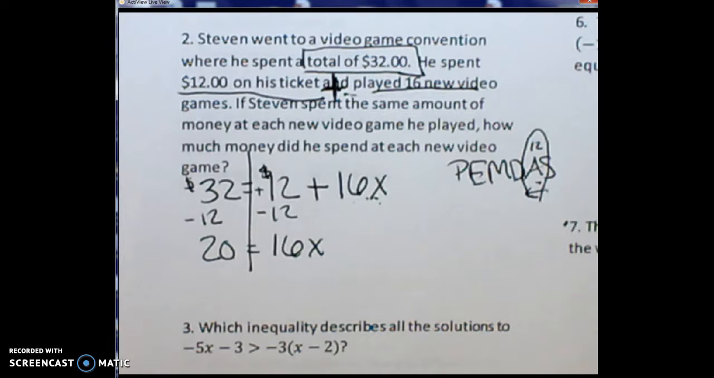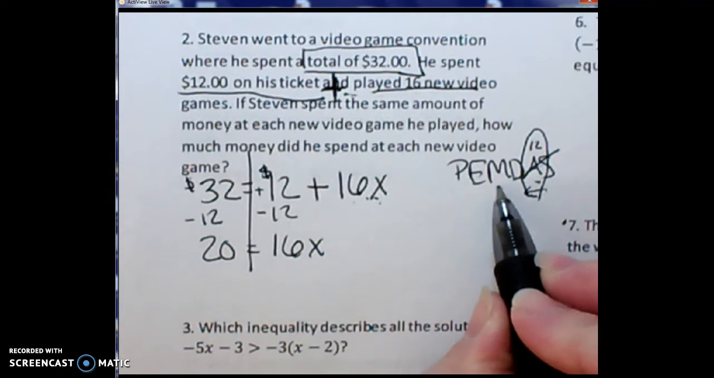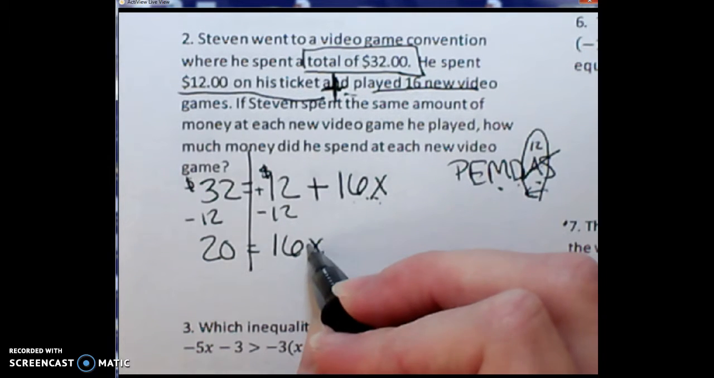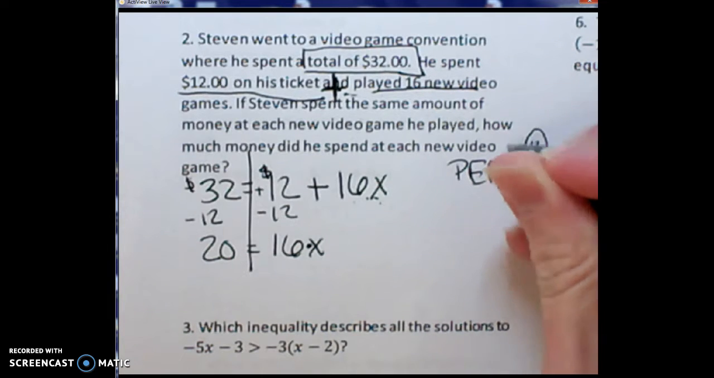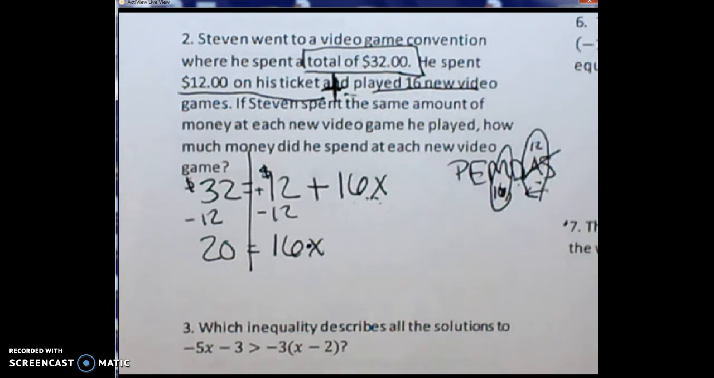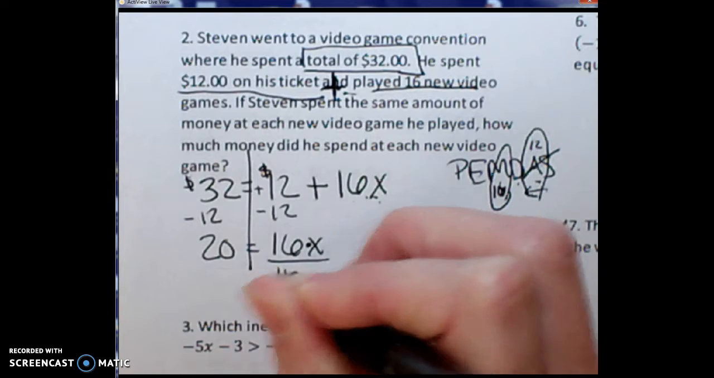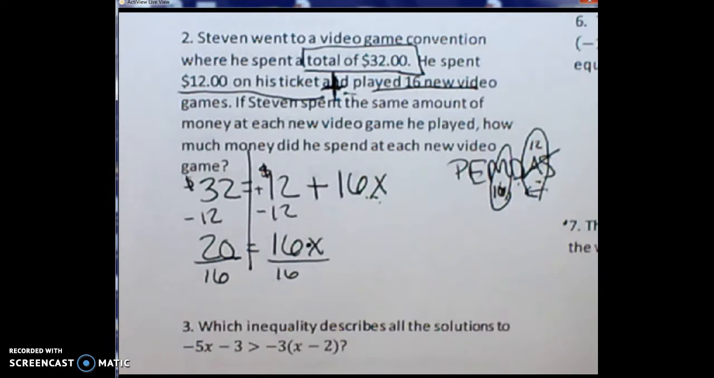16x. So then from there, next step is look for multiplication or division. So the 16 is attached to our x through multiplying. So if they're multiplying 16, we would have to divide it to move it. So you're going to divide both sides by 16. Okay? So then from there,